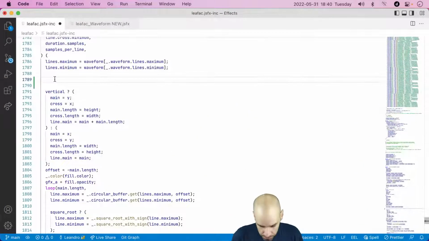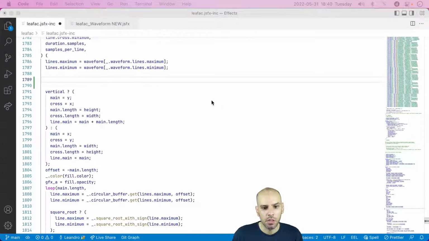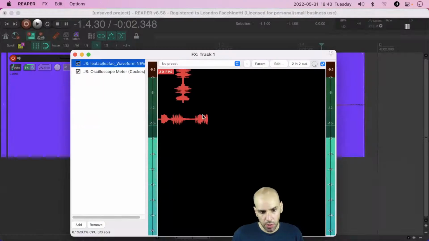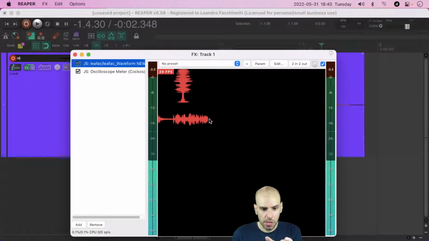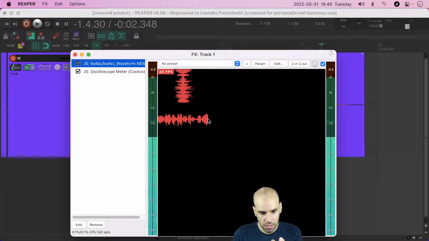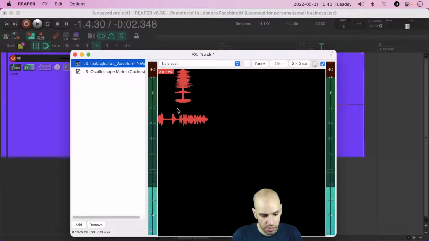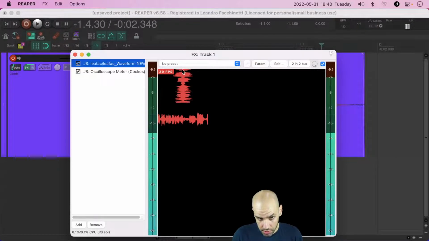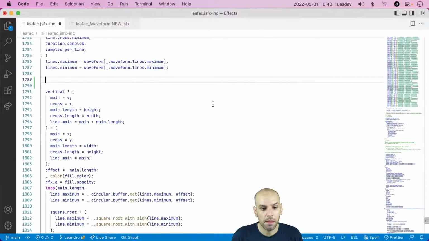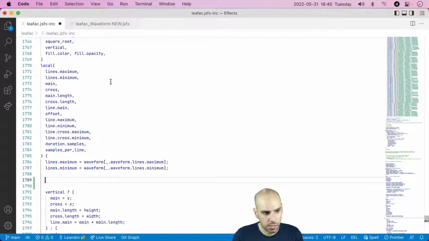All right, so let's start simple. You can, if you want, draw the waveform with different durations, but right now I have 5 seconds set here. So this point takes 5 seconds to go all the way to the left. Similarly, it takes 5 seconds to go from top to bottom. So let's start simple and just draw lines on every second. How are we going to do that? Well,